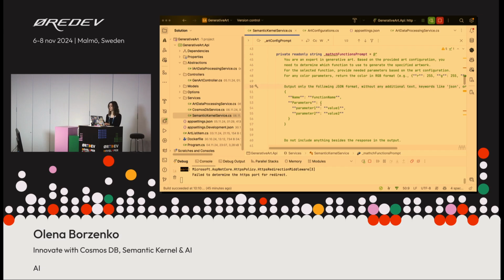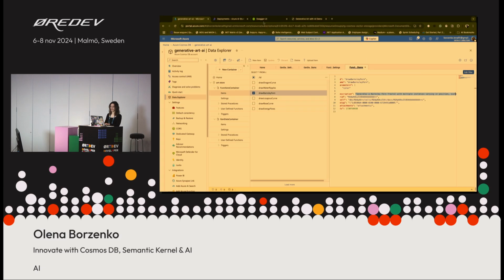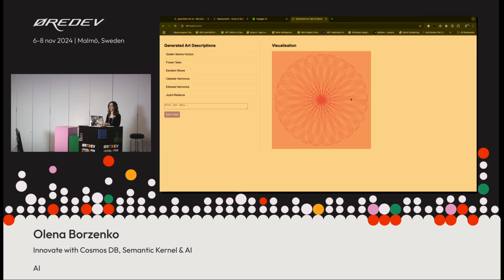Once that executed and I got the response on the UI, that's how the result will look, as you already saw. This cheerful radiance had red colors and a happy mood, so it decided that this algorithm is going to be the best fit for this, and generated the output. So nothing is hard-coded.